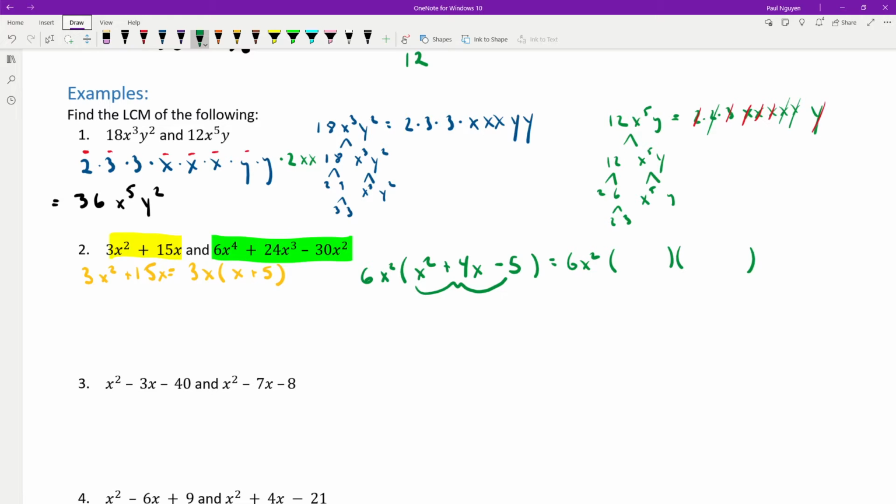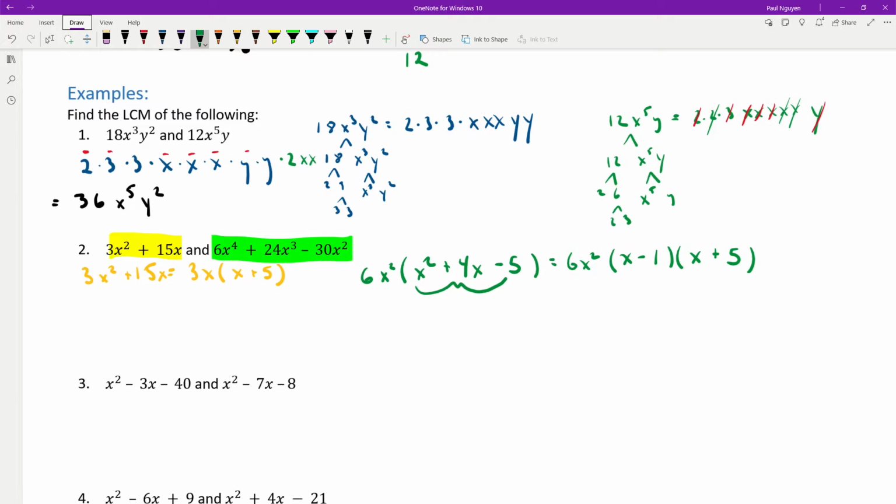One of them will be negative, one of them will be positive. It seems like 5 and 1 will fit the bill. And you want the bigger one to be positive. And so that is the factorization of that trinomial there. Now I have 1, 2, 3, 4, 5 factors if you count the x's separately. And so to find the least common multiple, what you need to do is figure out what's missing from the